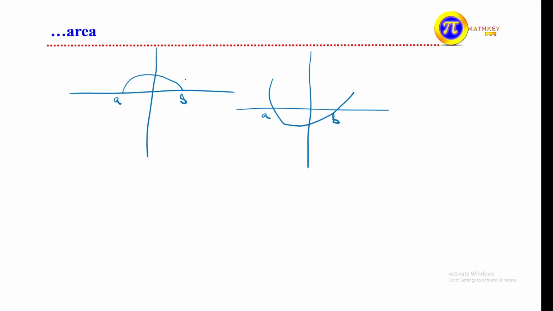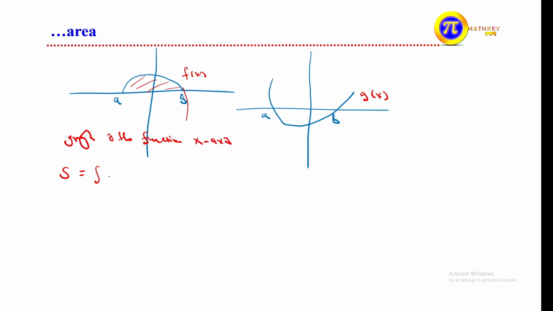So this is f of x, and let's say this is our g of x. To find the area between the graph of the function and the x-axis, in this case we can take the area s equal to this area,